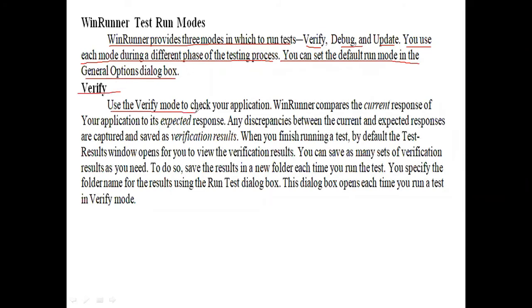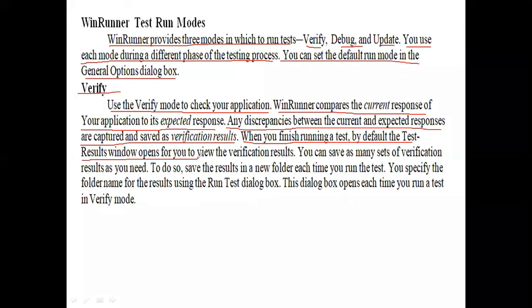Use the verify mode to check your application. WinRunner compares the current response of your application to its expected response. Any discrepancies between the current and expected responses are captured and saved as verification results. When you finish running a test, by default, the test results window opens for you to view the verification results.